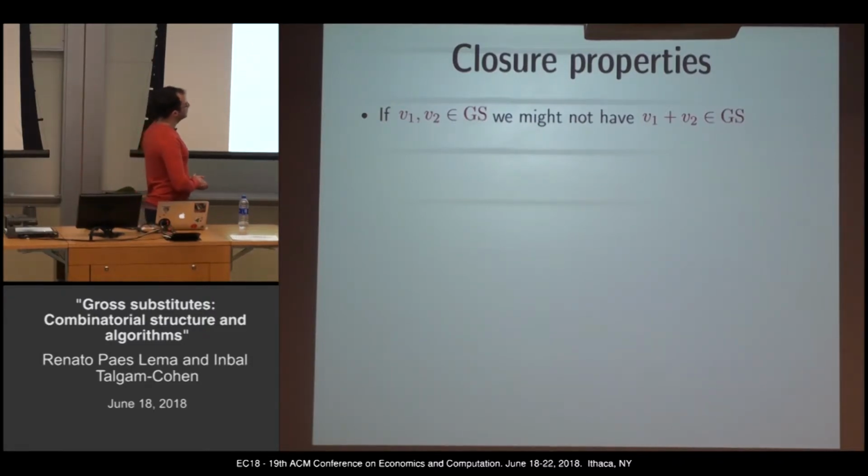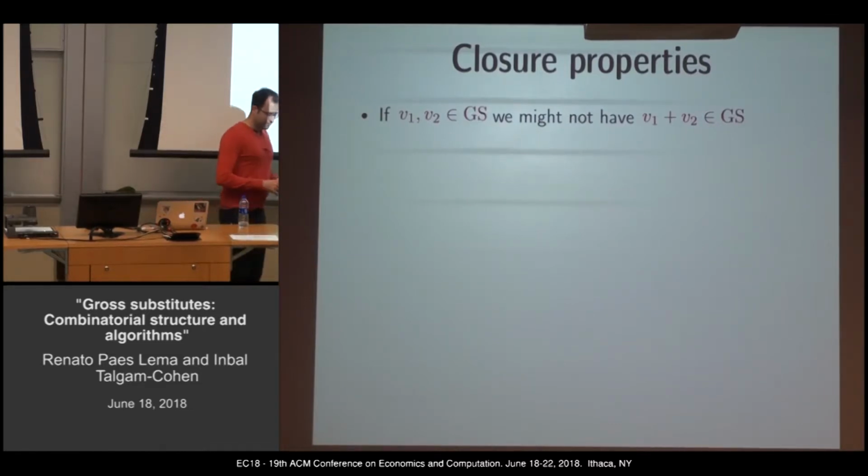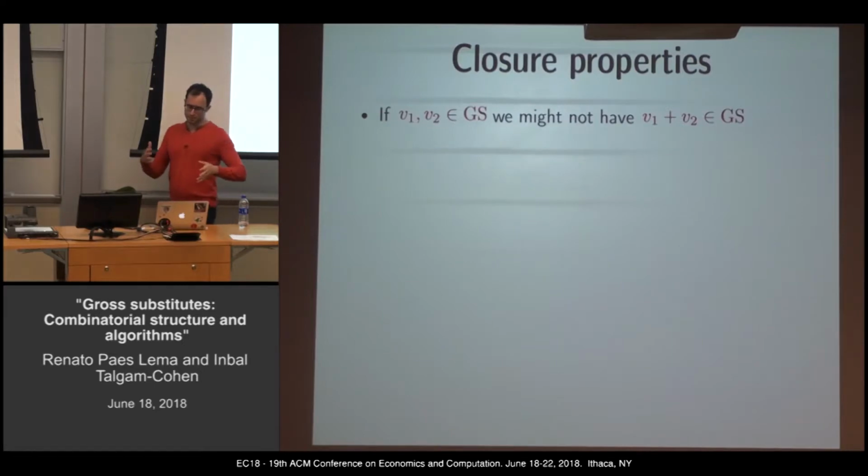I showed you so far various different definitions of graph substitutes. I showed you the equivalences that give us some tools to design algorithms for them. I showed how to combine them to design different algorithms. And in the end, I'll just talk about a nice open problem that I really like about graph substitutes. It's about the construction problem for graph substitutes.